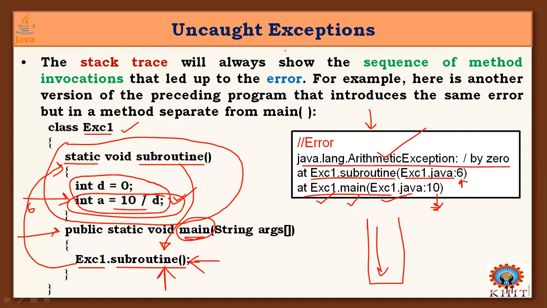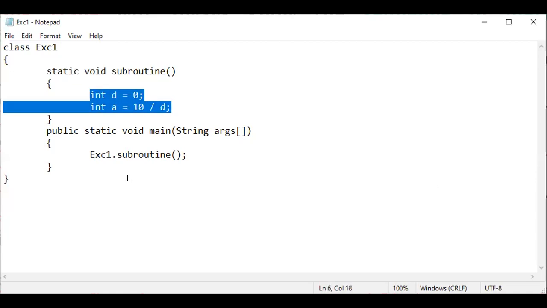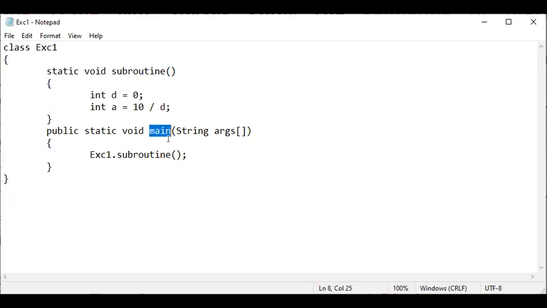Coming to this, this is the Exception1 main class. It is the static void subroutine method, and these two lines of code generate the exception, and inside main we are invoking this subroutine method through the class name, right? A static method.